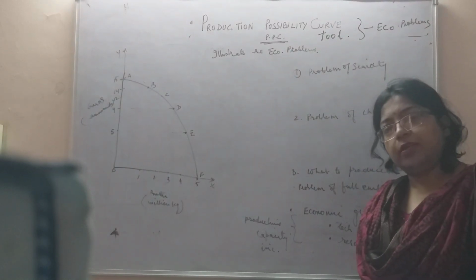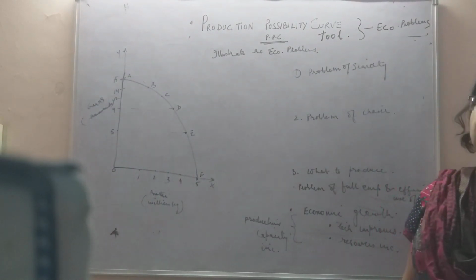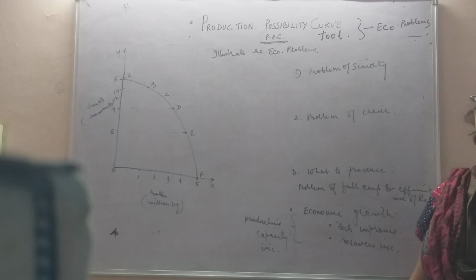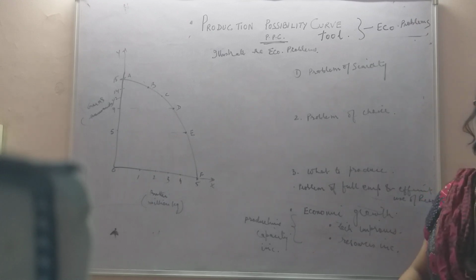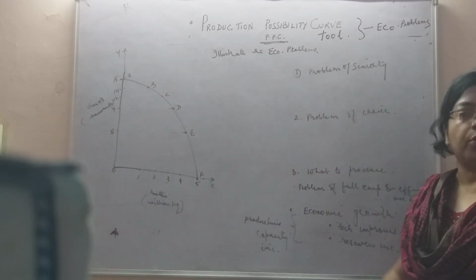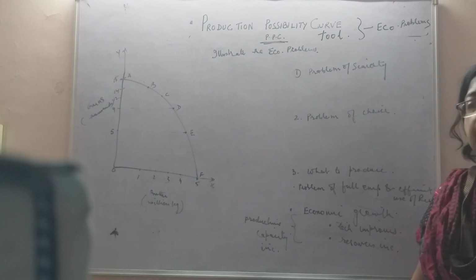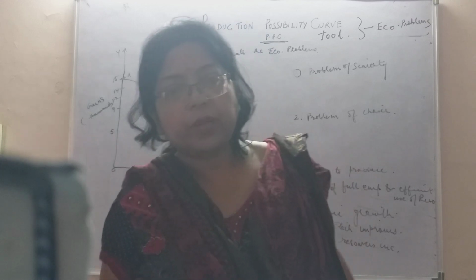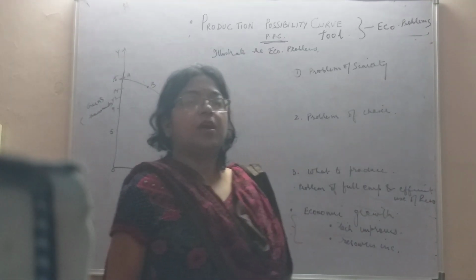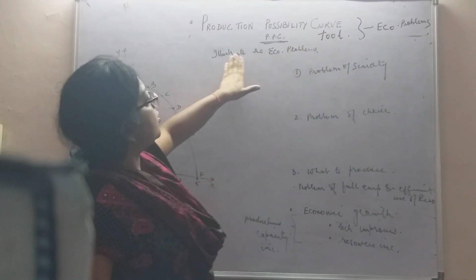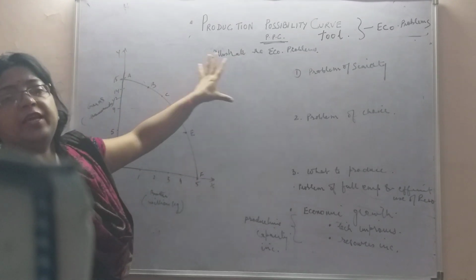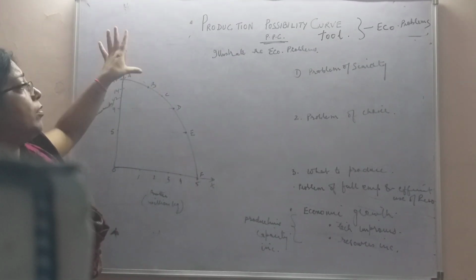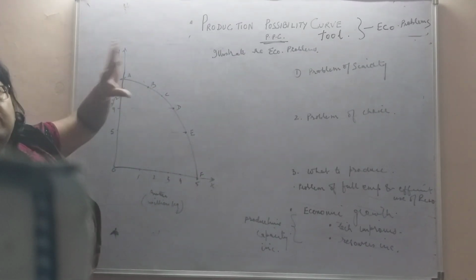By now, children, it's clear to you what a production possibility curve is and what its characteristics are, and how we can draw a production possibility curve. It depends on the question. Accordingly, you explain. Normally, a 6-mark question comes on illustrating the economic problems with the help of PPC. There, you don't have to elaborate so much.